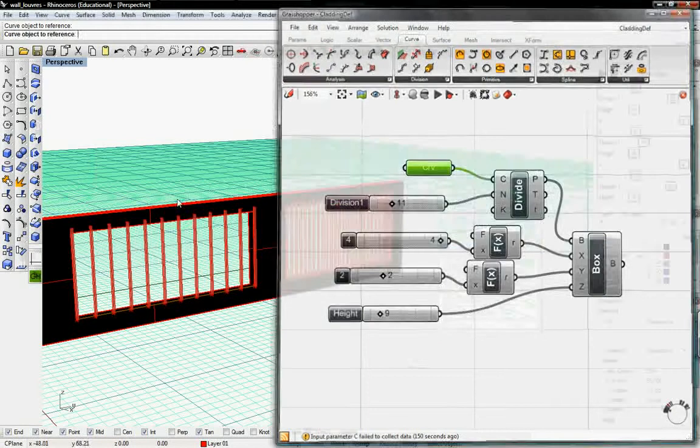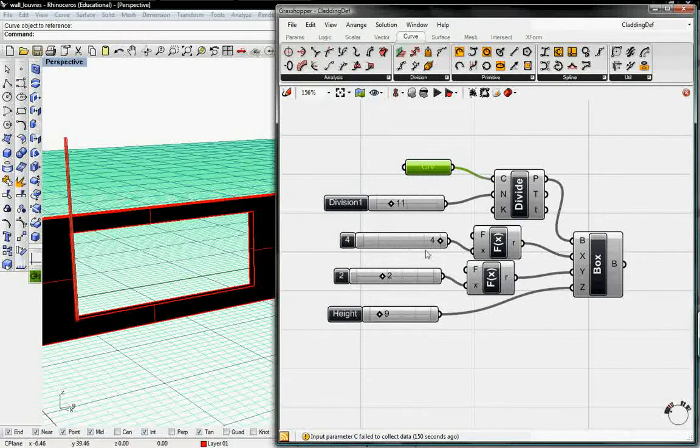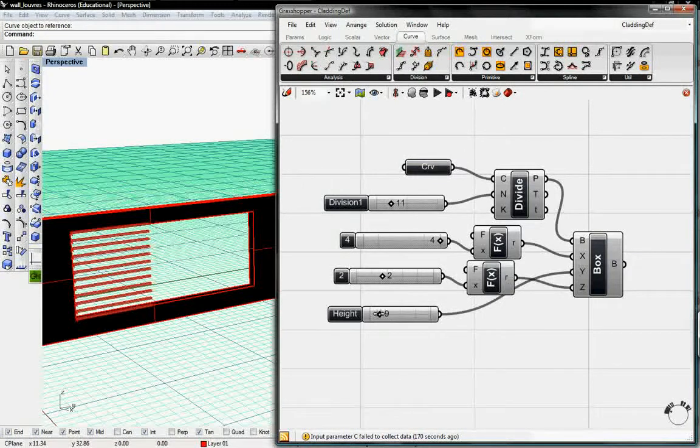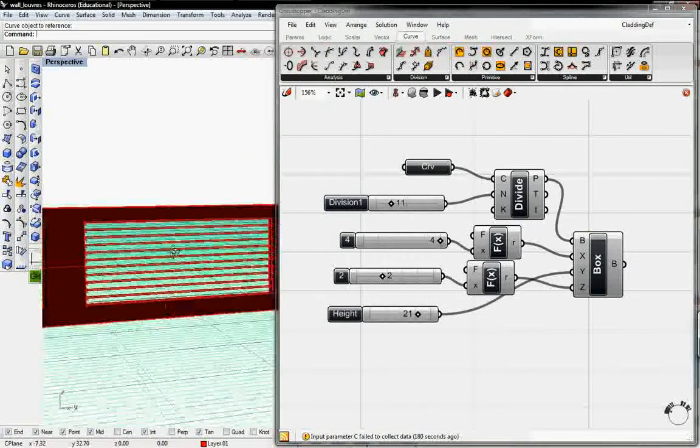So I'll set one curve and select that curve, and now we still have our 2x4s that are 9 feet tall, but they're just all on top of each other now. So we're going to want to rearrange the interval box, the axes that we're populating these dimensions. So the Z will actually be the 2 inches. You can see it's cut it down to the same cross section, the 2x4, and then we want the Y to be that longer 9-foot height, what it used to be the height, and we'll just bring that out to 21 feet, or the entire length of our